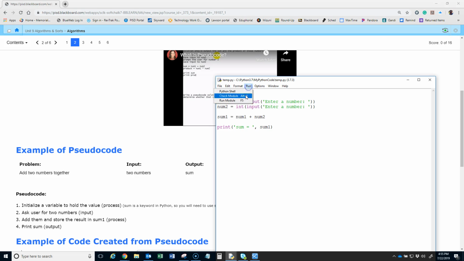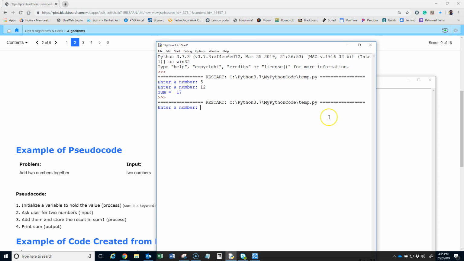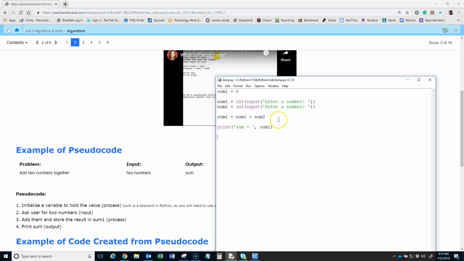So when I run this, I get enter a number, and I'm going to enter two different numbers because I ran this earlier. I'm going to put 6 and 7, I hit enter, and then the sum is 13. That gives me the information I want. Now, in the video she did both: she added the sum and then she had the product. So if I wanted to get the product, I would have to use a different variable or do it after my print, and then I would say sum1 is equal to